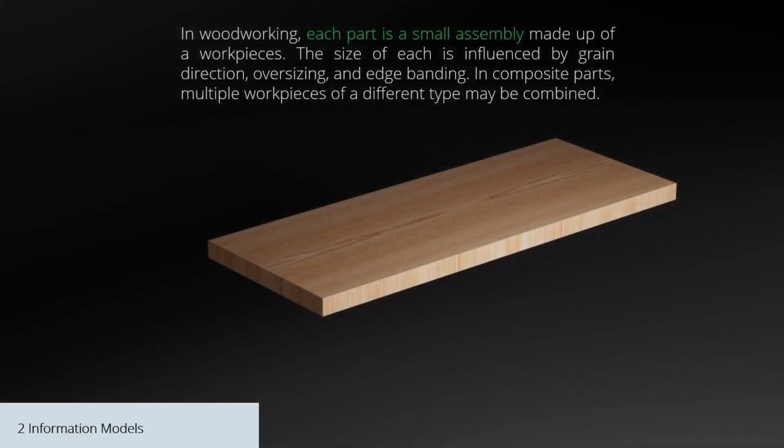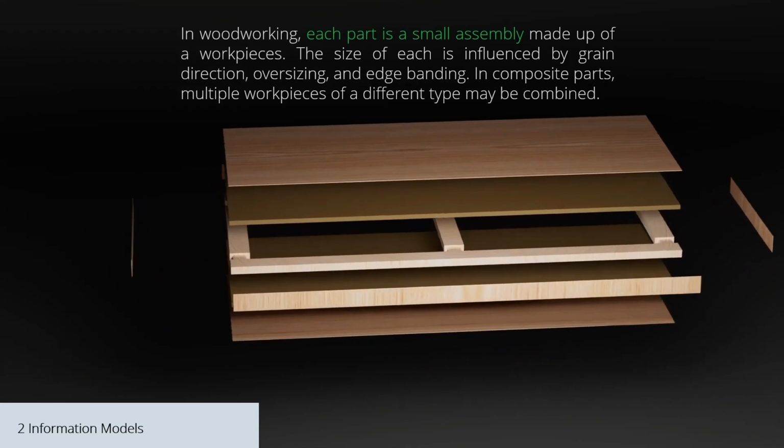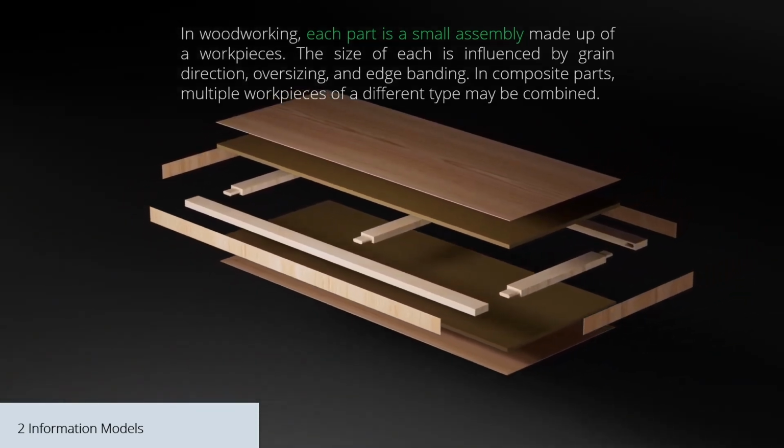If we speak about woodworking, things become a little bit more complex because components are not made of a single material. In furniture, a part is viewed like a small assembly of glued semi-finished workpieces. Okay. Once we work with Woodwork for Inventor, when we assign the material, it creates an additional data structure that links workpieces and parts together. And the size of each component is influenced by the grain direction, oversize, the edge banding,